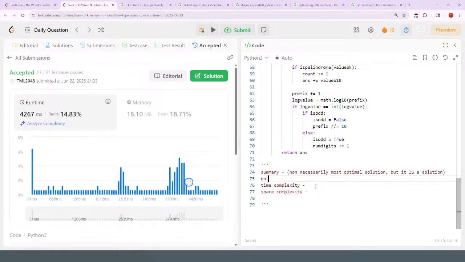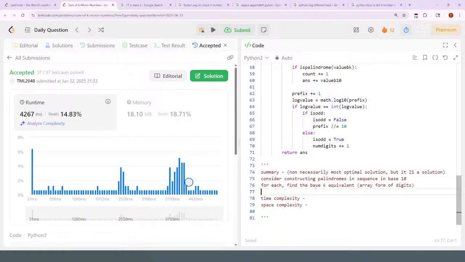Basically, I said consider constructing palindromes in sequence in base 10. For each, find the base k equivalent, probably best in array form, of digits, and